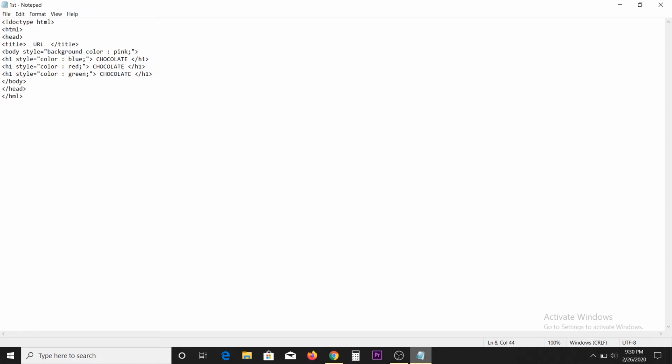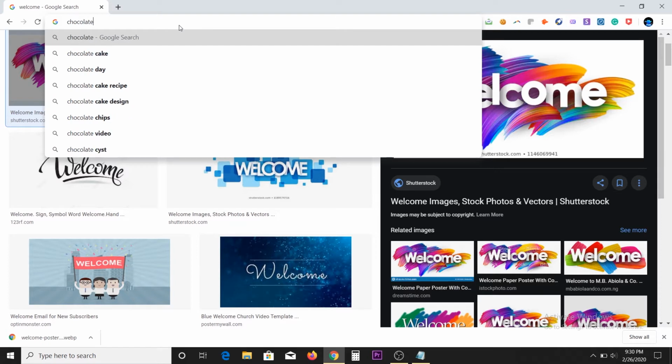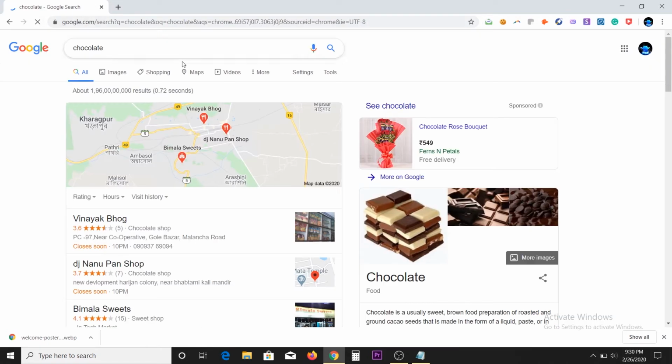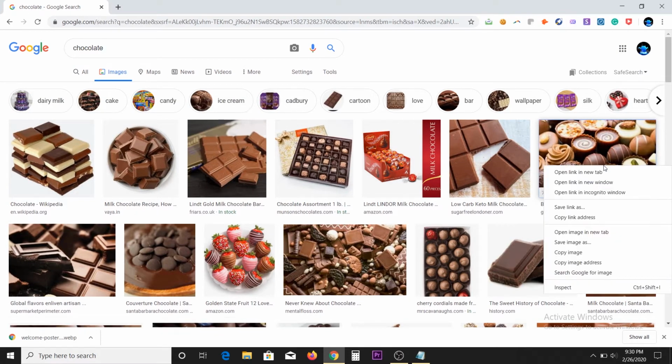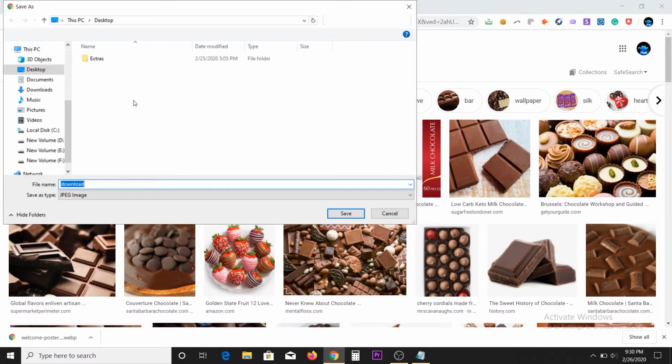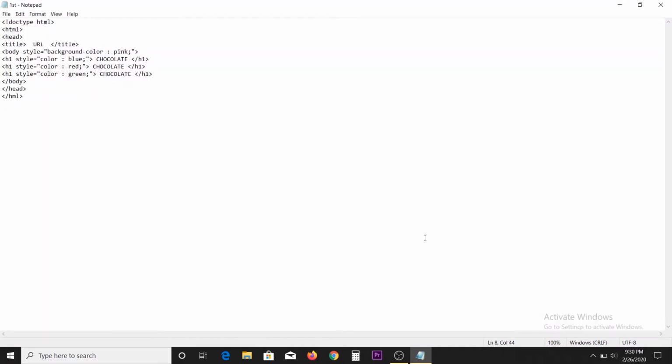Now I have to add a picture. For that I have to download a picture from Google. Wait, I am downloading a picture of chocolate. Take any of the pictures. Let me take this picture. Save the file. Okay, now close Google. What extra thing you have to do is,